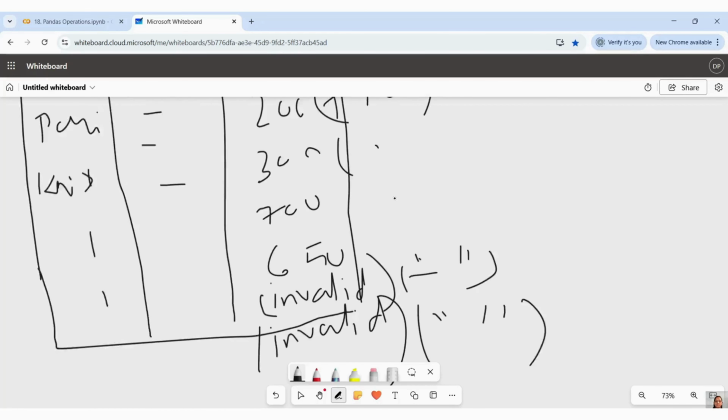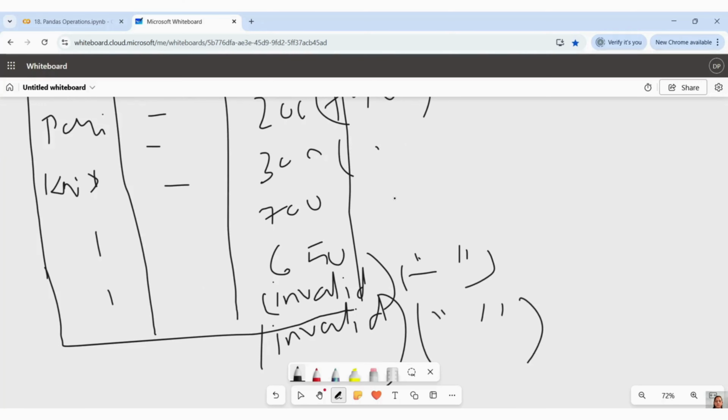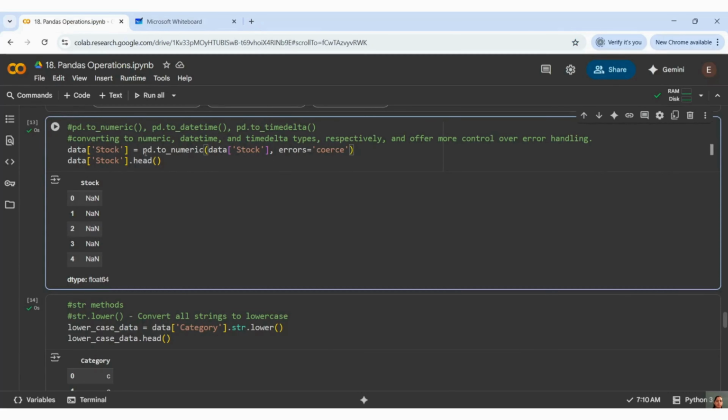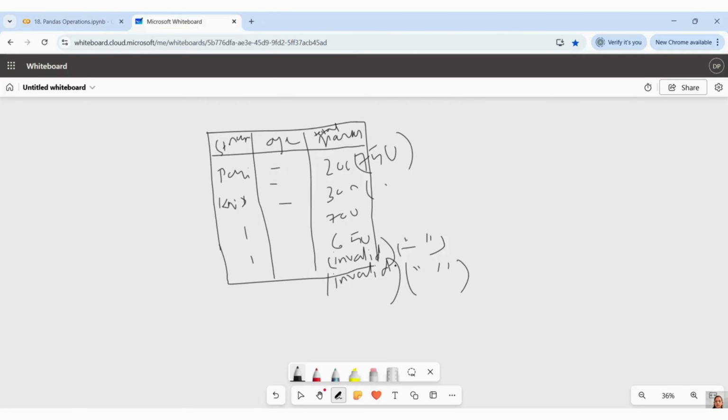It will convert to numeric, and here we are telling errors equal to coerce. So when the program runs, it will read this correctly. To numeric, all are numeric, correct.